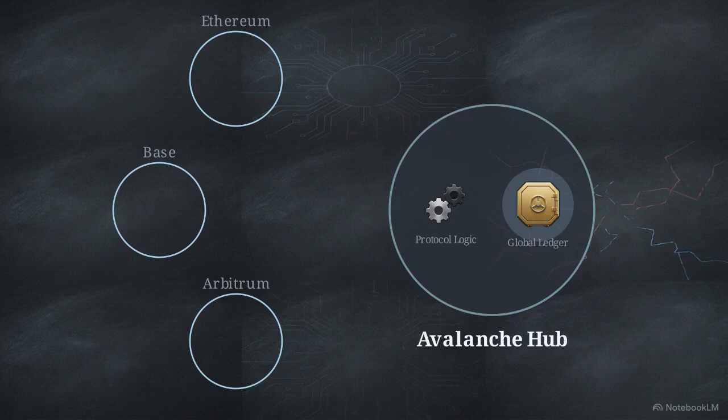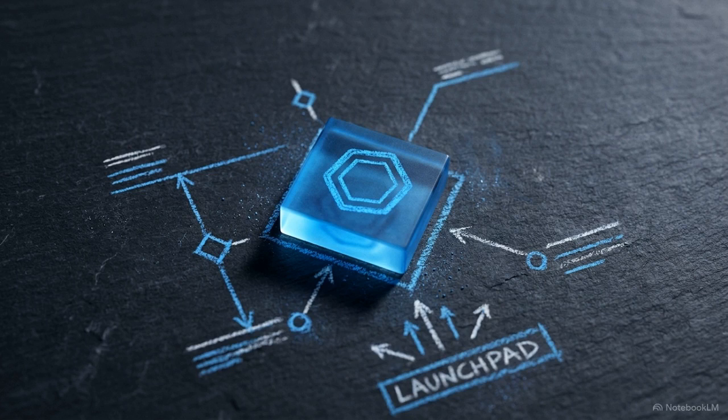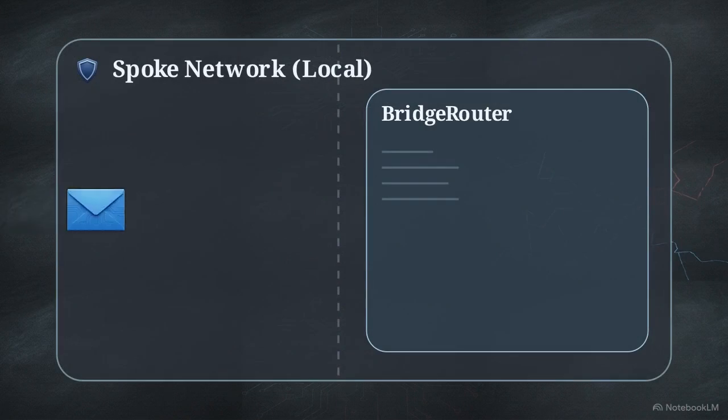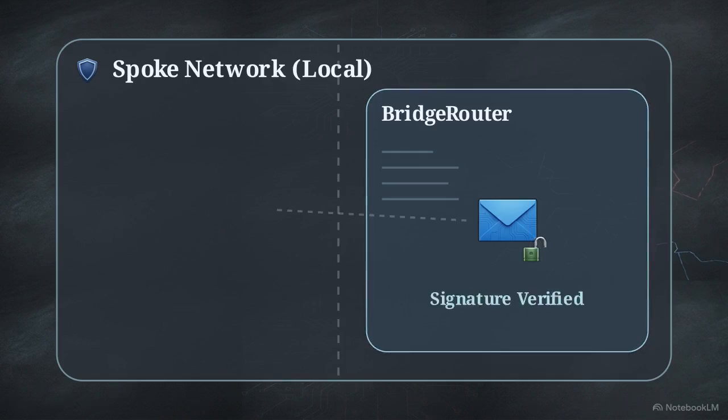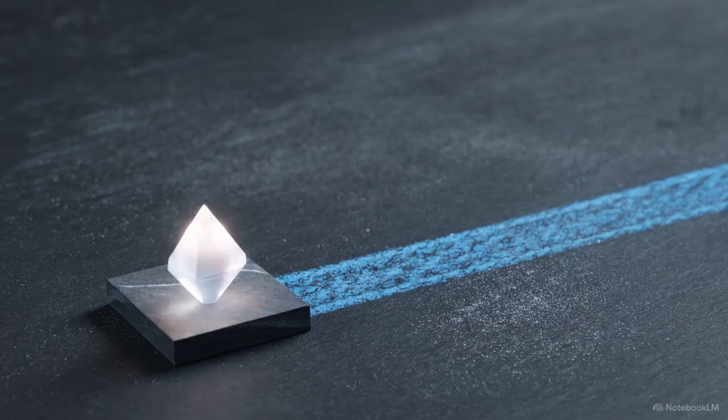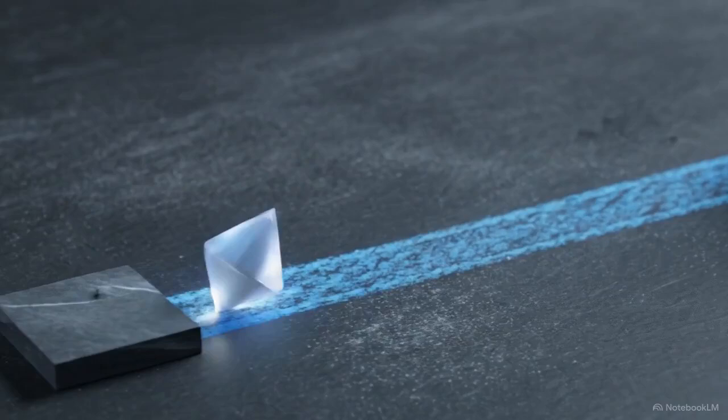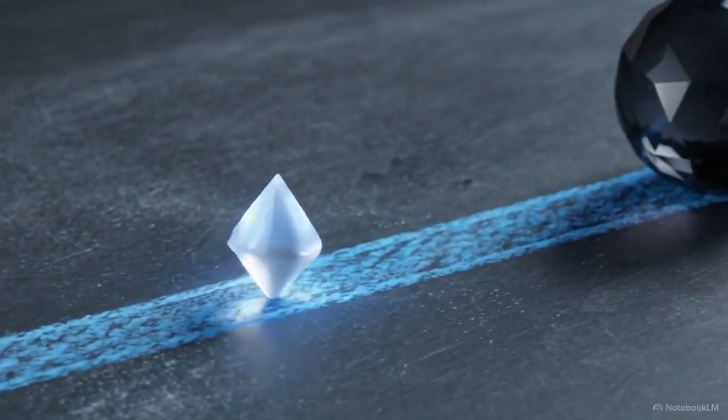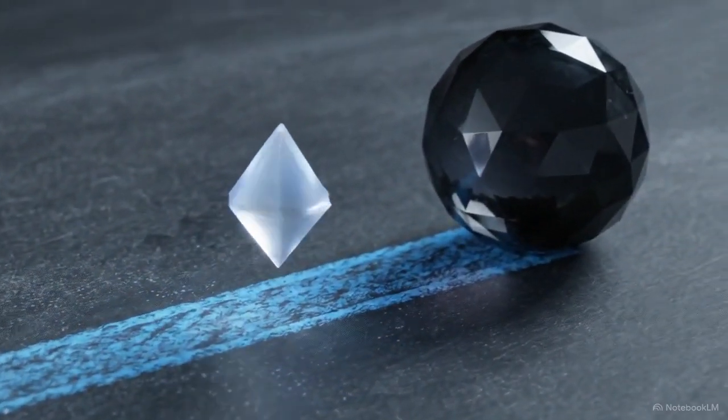standard multi-chain bridges. To see exactly how a message navigates this structure, consider the execution of an invite address payload using the Chainlink CCIP messaging protocol. First, the user submits the payload on their local spoke network. Immediately, the spoke's bridge router verifies the cryptographic signature of the sender. Once verified, a dedicated CCIP adapter translates that payload into a standardized format and transmits it across the network gap